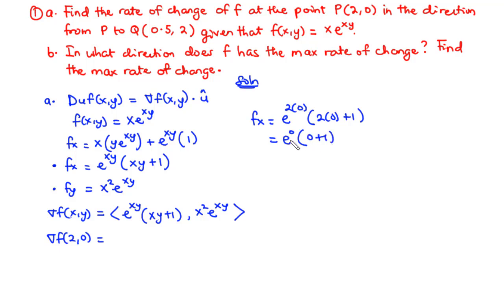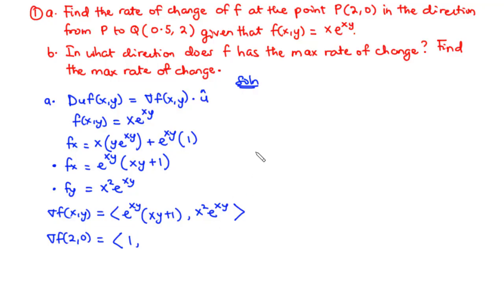Now any non-zero number raised to the power 0 is equal to 1, so this is 1 times 1, and that is equal to 1. So this component is equal to 1,